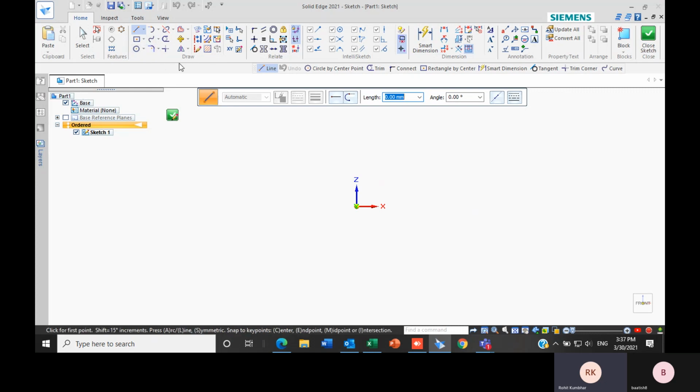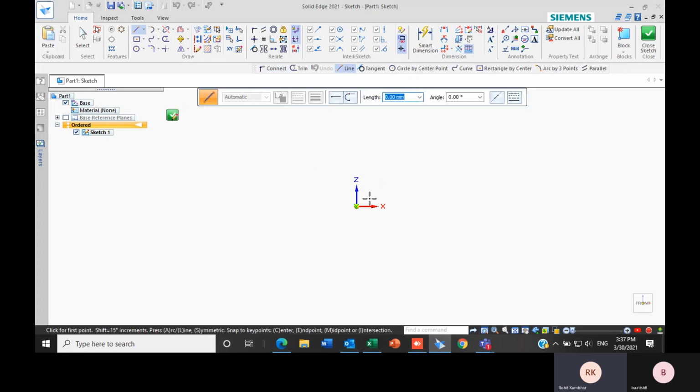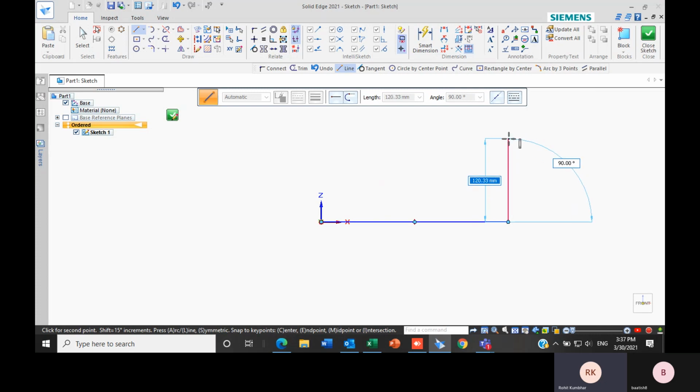So our first option in draw is line. In the line, you just have to select it and click on the starting point. The line will get created. You just have to specify the distance, or you can just click anywhere and the line will get created. The second line will be created according to the endpoint of the first line. I can either specify the distance, let's say I want 100, or I can even specify the angle for it, and the line will get created accordingly. So this one is about line.